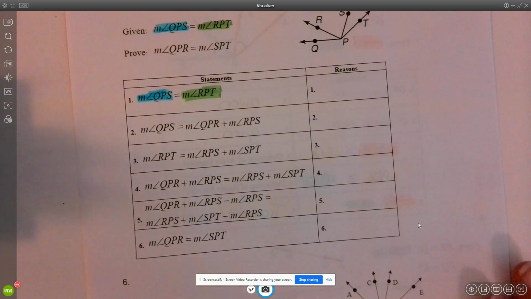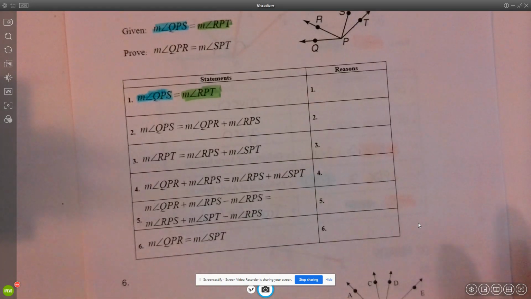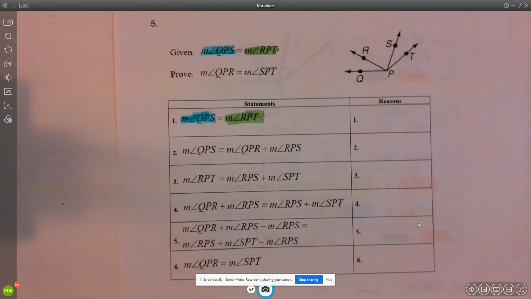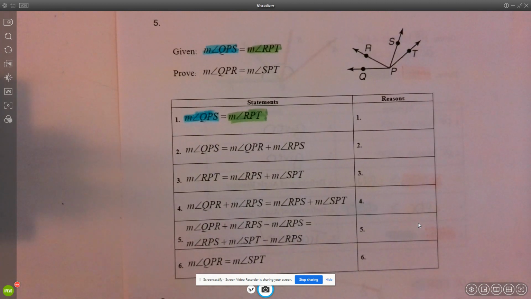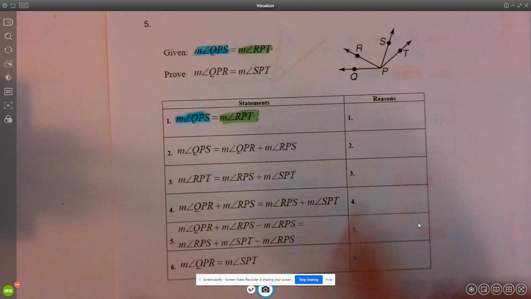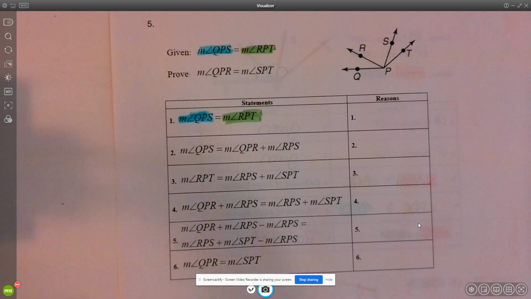All right, the last video that we're going to do in this additional proof packet is number 5. Number 5 I can see is definitely working with angles. So I want to start getting any of the properties that have to do with angles in my mind. Maybe angle addition postulate, maybe angle bisector, maybe vertical angles. It could be anything. Just keep in mind, we're probably going to have to use something to do with angles